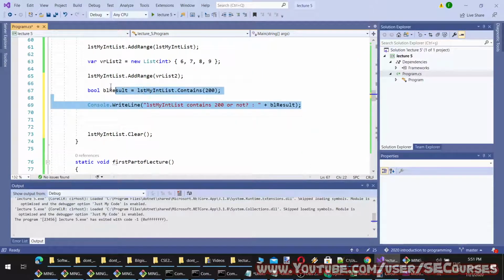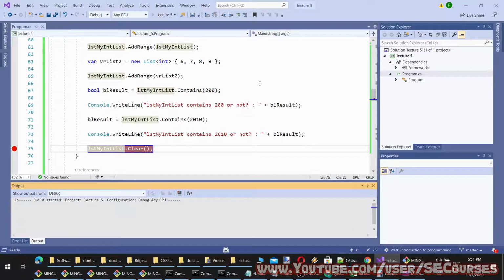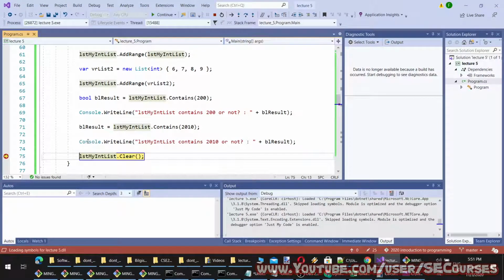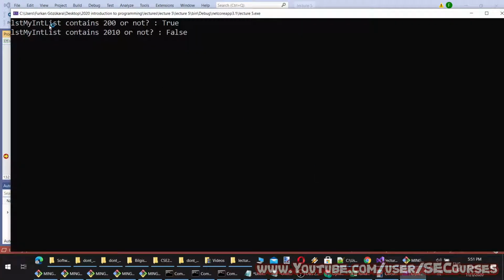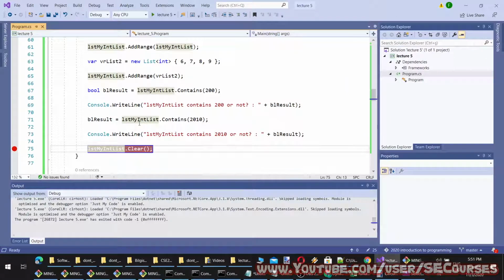Then let's make another check. Before here I'm going to put a breakpoint. Now let's look at the screen. It contains 200, therefore the result is true. It does not contain 2010, therefore it is false. So you can use the Contains method.